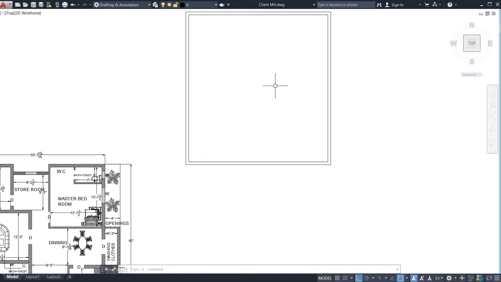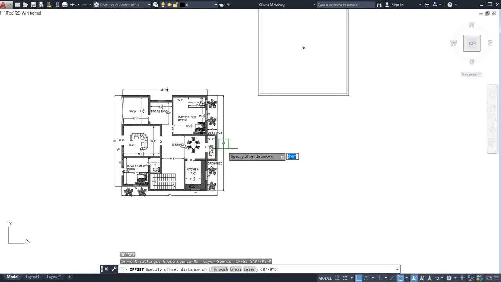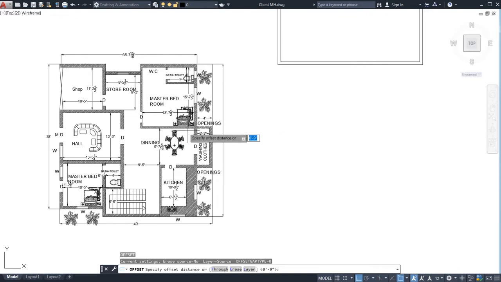Just go for the offset command, offset. Now I need to offset this line, right? What is the offset of this line, from here to here? As you know, this exterior wall thickness I have already taken. Now I need to take the offset of this line.